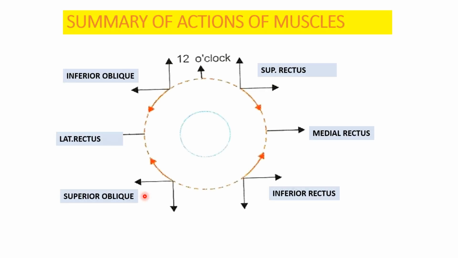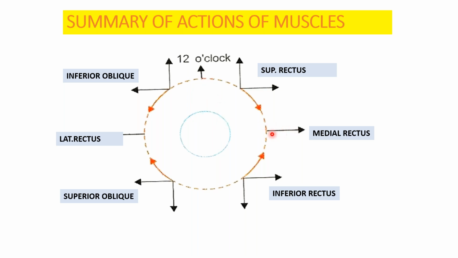Before we commence our lecture, let's revise what we did in the last lecture. That was the extraocular muscles, the summary of the actions of muscle. This was the diagrammatic representation that I showed you with the center of the pupil, and this is the cornea, the upper margin of the cornea. We discussed that all the movements, that is elevation, depression, adduction, and abduction, were taking place in reference to the center point of the pupil or the center point of the cornea, and the upper margin of the pupil was the reference point for the intorsion and extorsion.